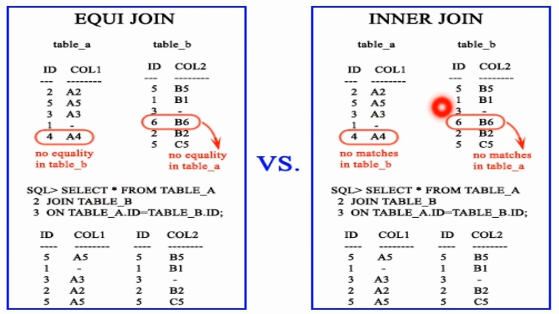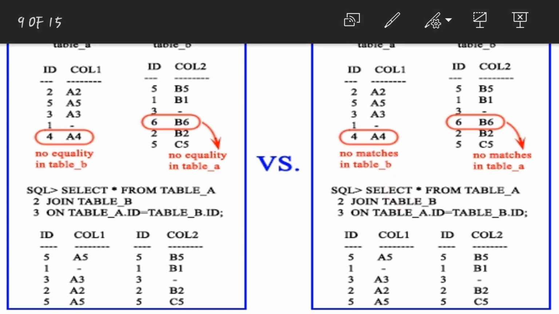Now let's see how the inner join is going to perform. So inner join, we know that also it is going to see the matching, right? Whatever is common for both, that alone will be displayed. So here 4 is missing. In this table 4 is not here, and in this table 6 is not here. So it will also be written the same result, that is output of both EQ join and inner join will be the same, okay? So let's see the next one.